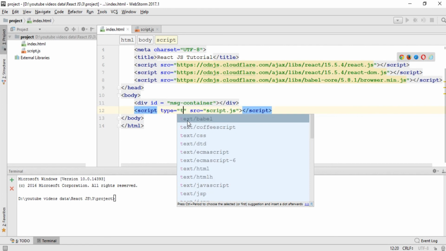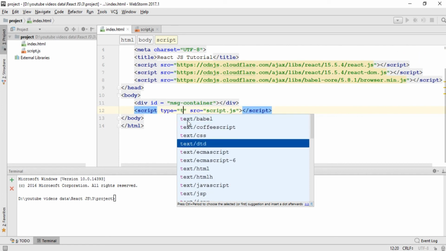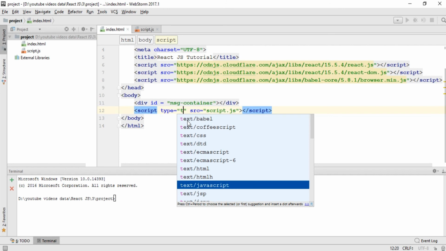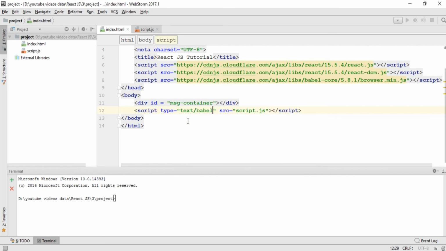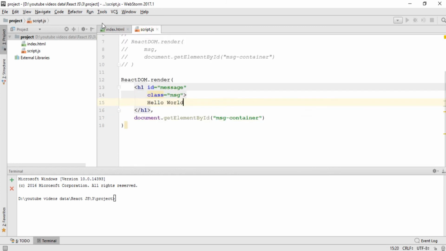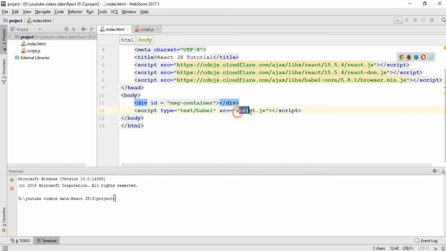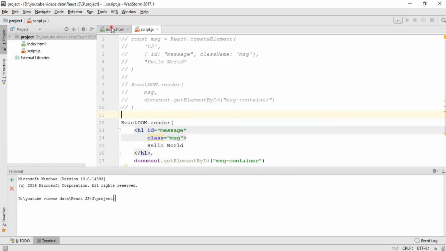Earlier what we do, we write text/javascript, but right now we are using our JSX code, so we need to ask our Babel to convert that JSX code into JavaScript. So the type of that script file needs to be text/babel instead of text/javascript. So I'm going to save this file and save both of these files. Now if I run my file again, you can see that hello world has been printed, and I'm going to inspect